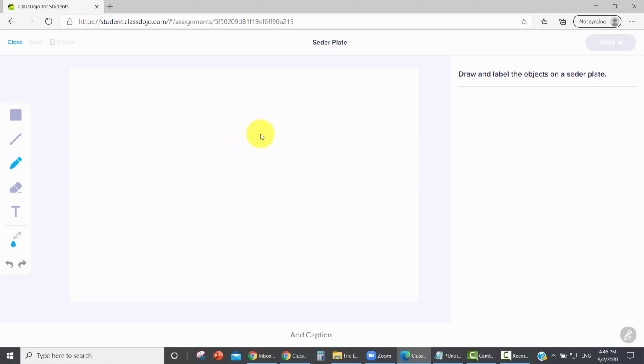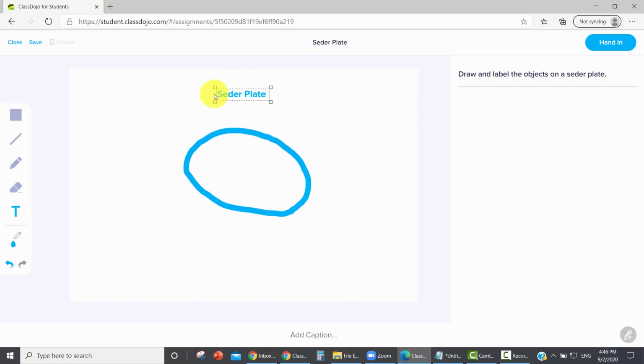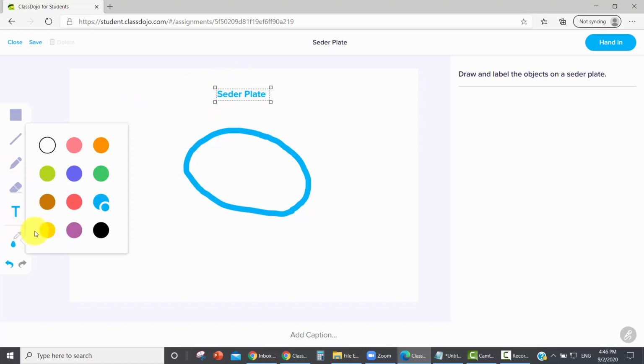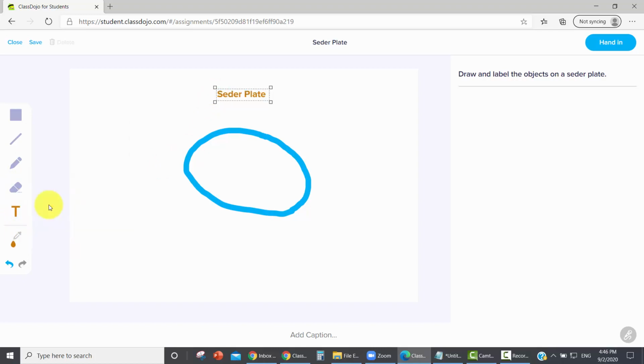So let's pick a bigger marker here. I'm drawing my Seder plate, and I can write the word Seder plate here. And maybe I want to use a different color. Here's my charoset. Oops. I didn't actually mean to change that one, but here's my charoset, and maybe I'll put some red in there too for the apples. Anyhow, so you could see how the student can draw using the tools on the left,